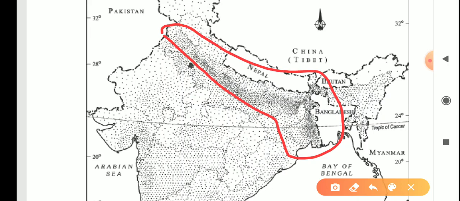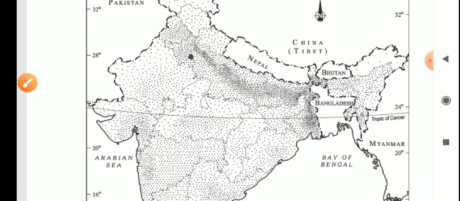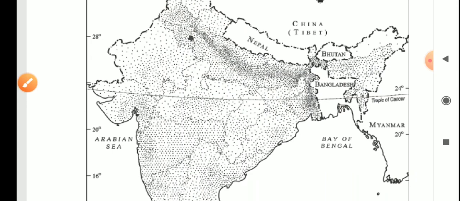Why is this a dense population? Can you tell me? Give me the answer in the comment box. Why is the population dense in that area? Okay, so now the answer is that this is actually